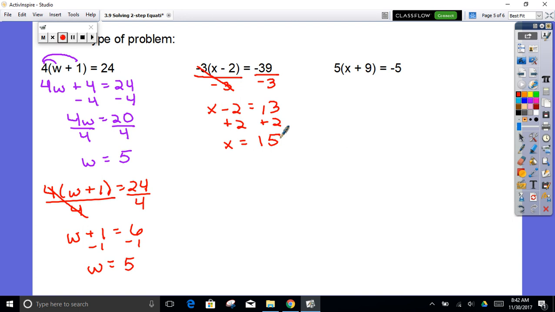I'm not sure. Okay, let's look at what we did on the first one. So we have 4 times the quantity, W plus 1, 4 times everything in parentheses. So down here, we took the 4, which is 4 times everything in here. We divided by 4 to get rid of the number in front, to get rid of the 4. So what do we need to get rid of here? We're going to divide by 5, yeah. And then do it x plus 9. Good. Equals